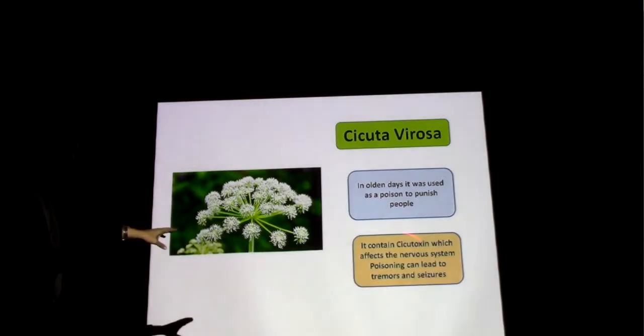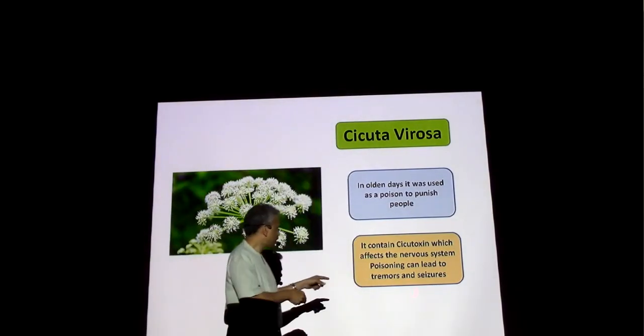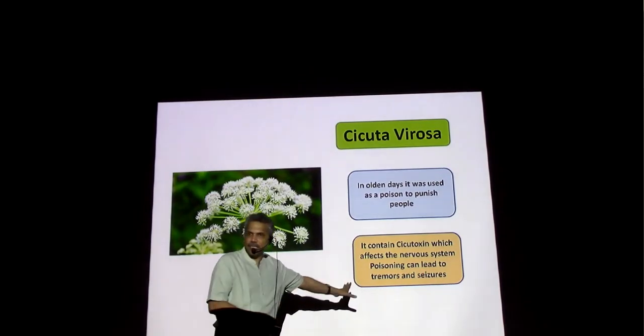Okay. And more, if you read in Google, in Wikipedia, they also say that it contains a toxin. Now why Cicuta? What I am trying to do here is, I am trying to justify, or connect, that it has a poison called cicutoxin, which is a neurotoxin. Okay? And this cicutoxin affects the nervous system. Affecting the nervous system, what exactly does this cicutoxin do? It causes tremors and it causes seizures.